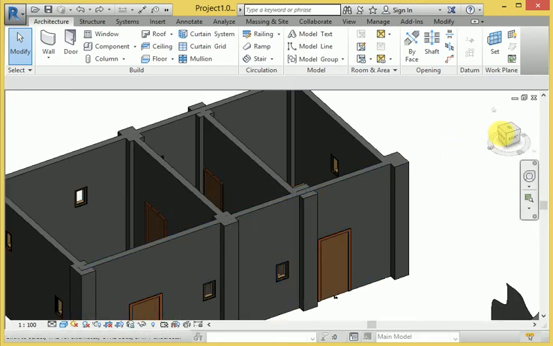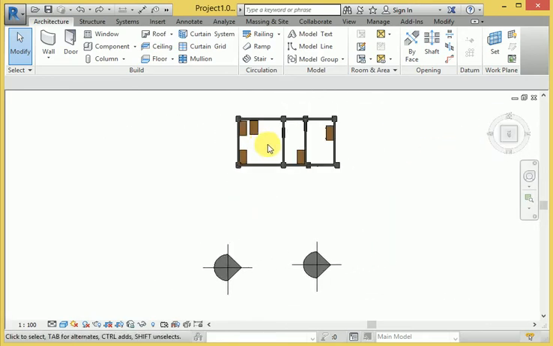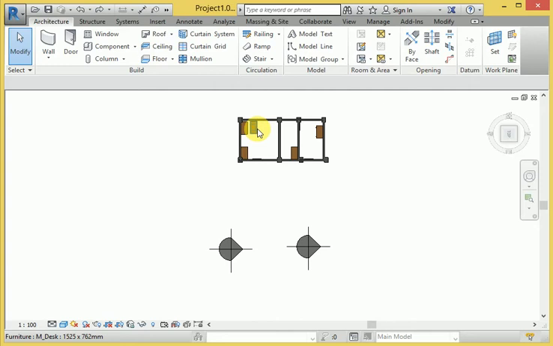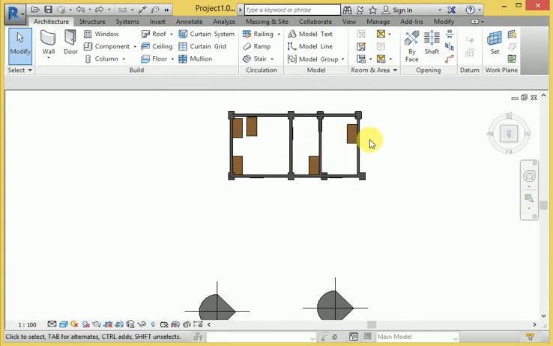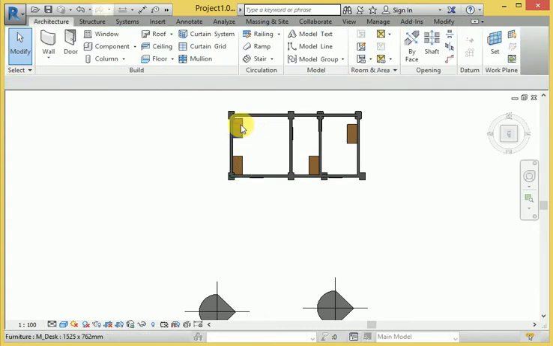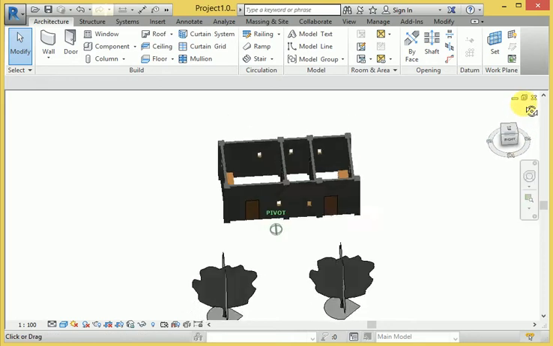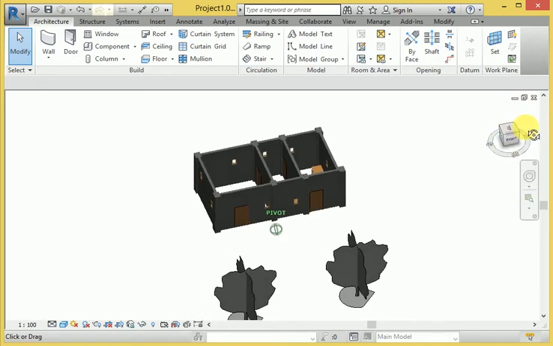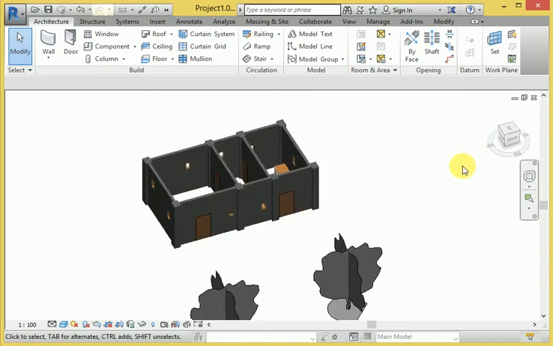Here you can see the racks, different racks available in the kitchen and bedroom, one single and here a double rack. If I want to delete it, this rack has been deleted. So this is the particular rack available here. If I change the 3D model, then when I move this one,